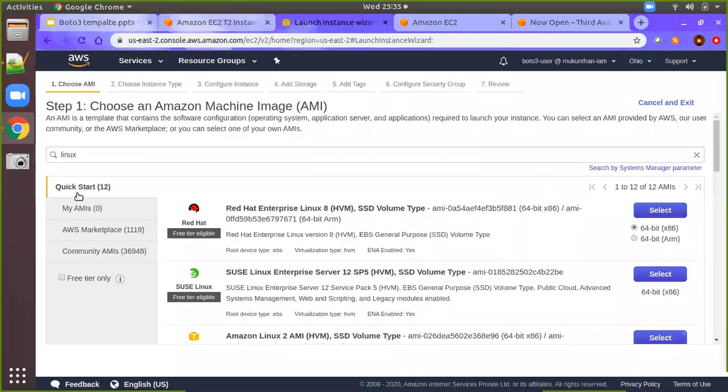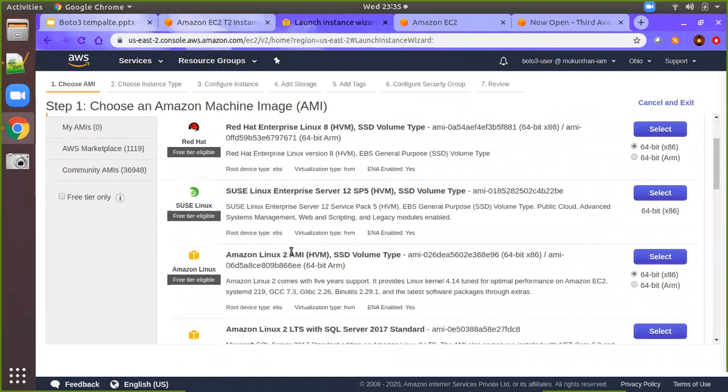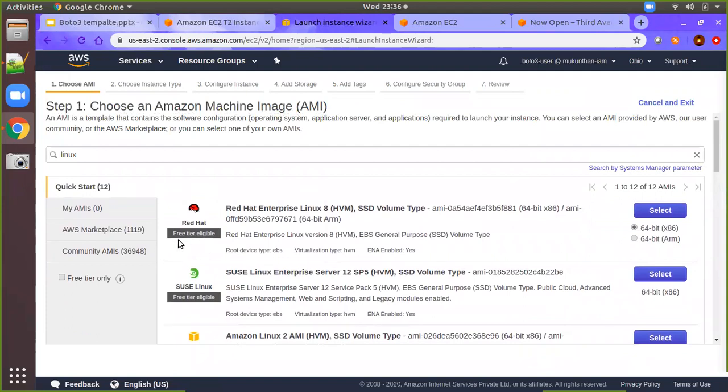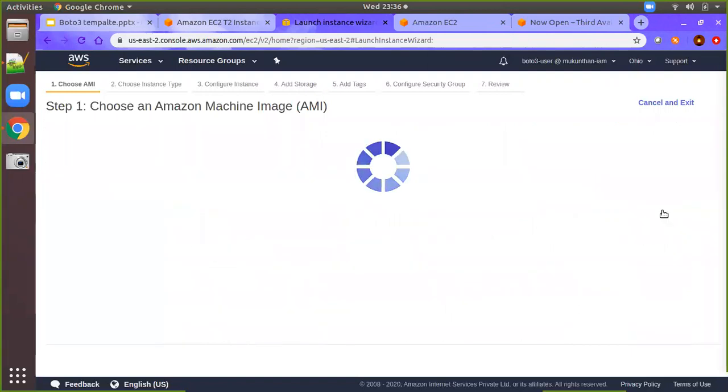Okay, you can select Quick Start, or you can just type Linux and you can get the different kinds of OS available for you, or let's say AMI, in simple words, Amazon Machine Image. Before clicking on anything, just check whether it is free tier eligible, in case you are on the free tier. Okay, that's fine. So then I'm selecting the Linux environment. So this is the image, and image in the sense AMI, Amazon Machine Image. You can see the AMI ID here as well. It can be useful if you are working with the Boto3 library, but this point has to be noted. For further details, we can select this and see here. Just click on this.